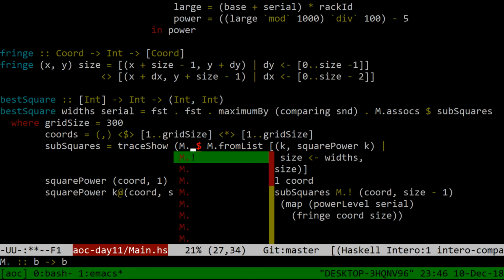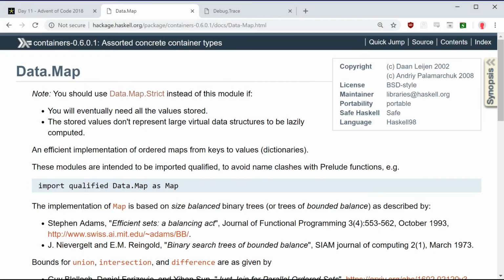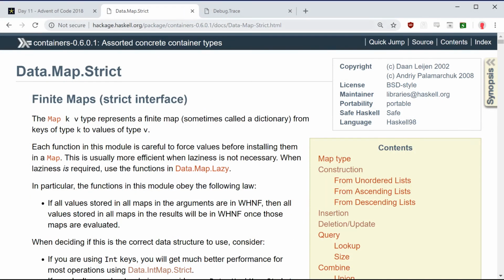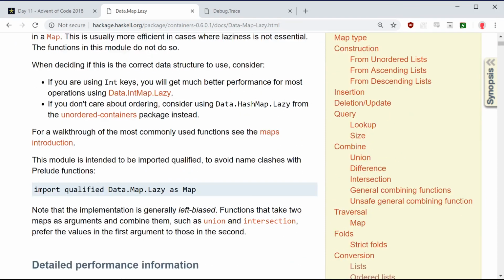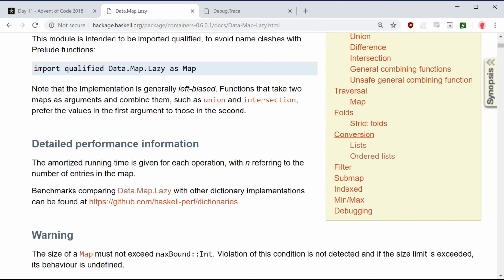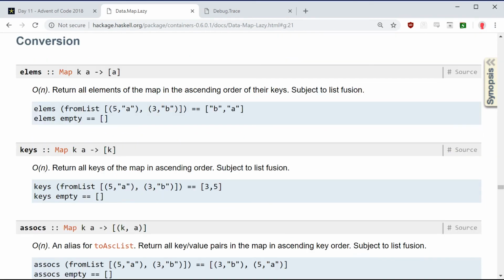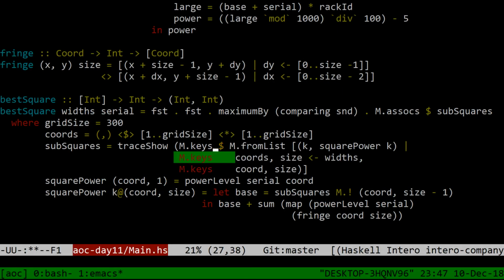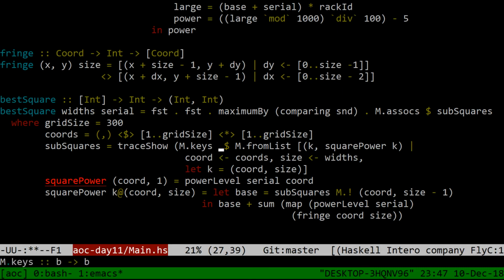M dot... what? Data map. Haskell data map. Strict. We actually want lazy. I want to look at the keys. Oh, it is just called keys. Okay. M dot keys of